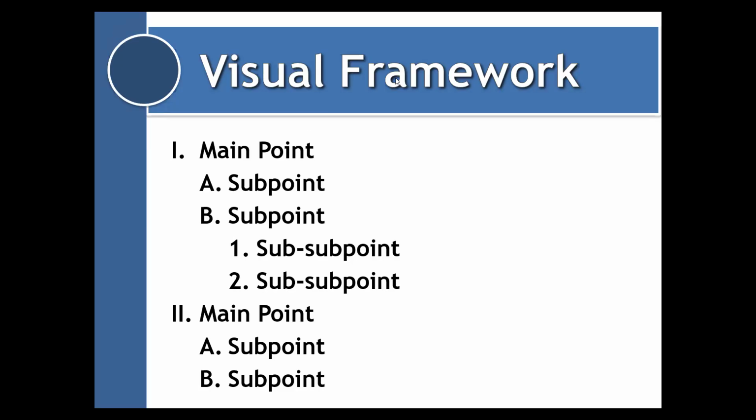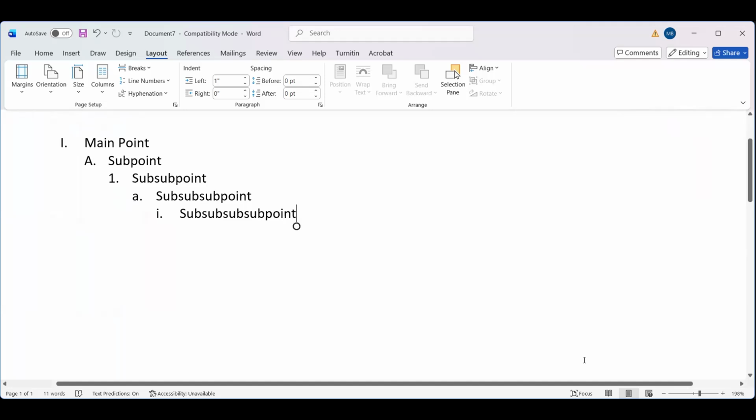So right here, I'll try to make this a little bit bigger for you. Hopefully you can see that. I've got my main point, which is a Roman numeral. I've got my subpoint, which is a capital letter. I've got my subpoint, which is an Arabic number. I've got my lowercase letter subpoint, and then a Roman numeral, which is a lowercase i, a lowercase Roman numeral 1, and that would be my